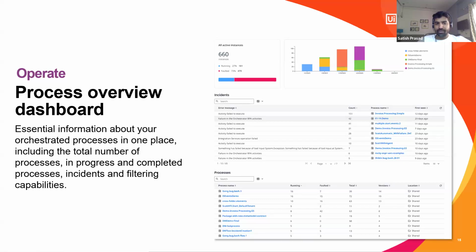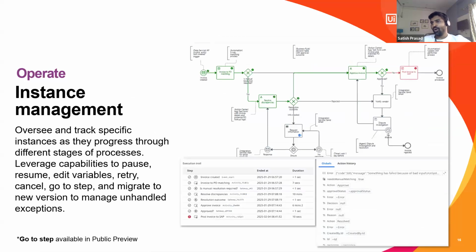This will also give you more detail about when and where it has failed, with colors as well. If you look at the green color, those parts are completed. And when you look at the red color, that's where it has failed. With the help of the execution trail, which is here, you should be able to understand why it has failed. I'll showcase it quickly. There was a new release that happened a few days back, so my example is broken, but still I'll showcase how the go-to steps will work, and you should be able to look at the instance and all those details. So this is all about the operate.